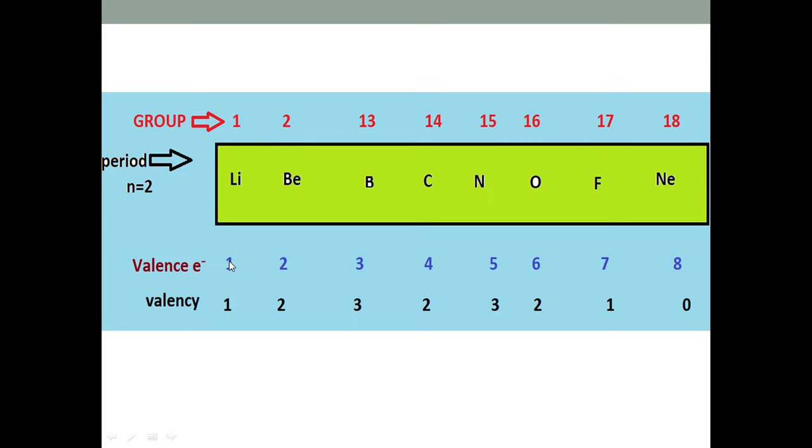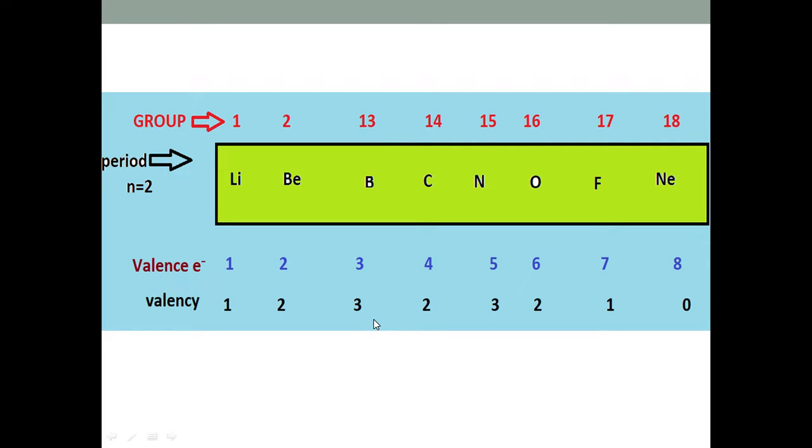You can see here group number 1 having valence electron 1, group number 2 elements always having valence electron 2, and elements which belong to group 13 having 3 valence electrons. You can see here the last digit, that is third, that is fourth, represents the number of valence electrons. And if we have to find the valency, then we have to write it up to 3 electrons.